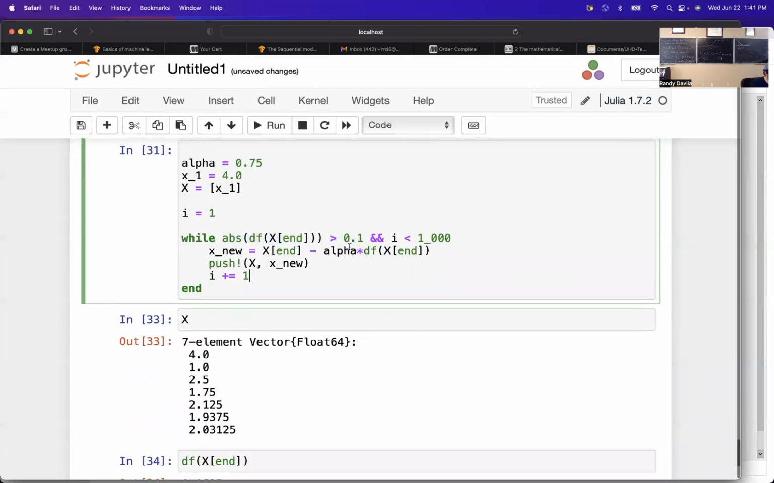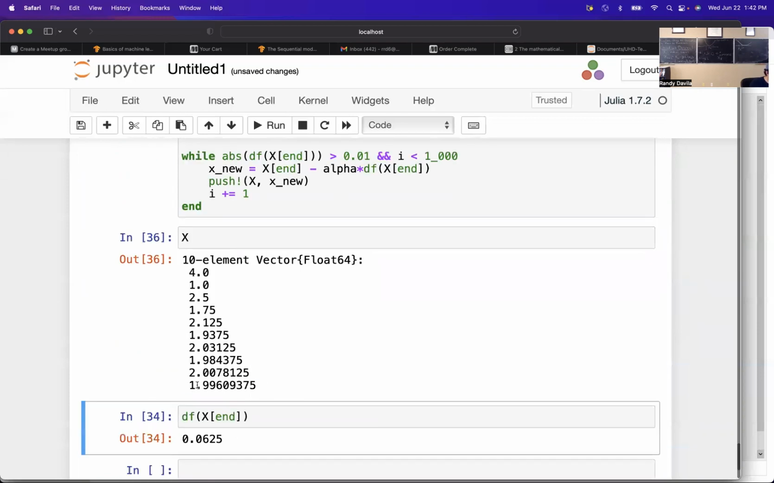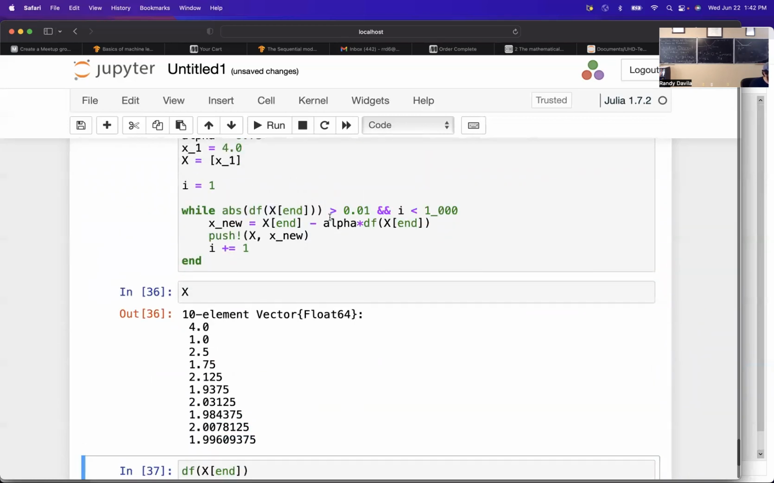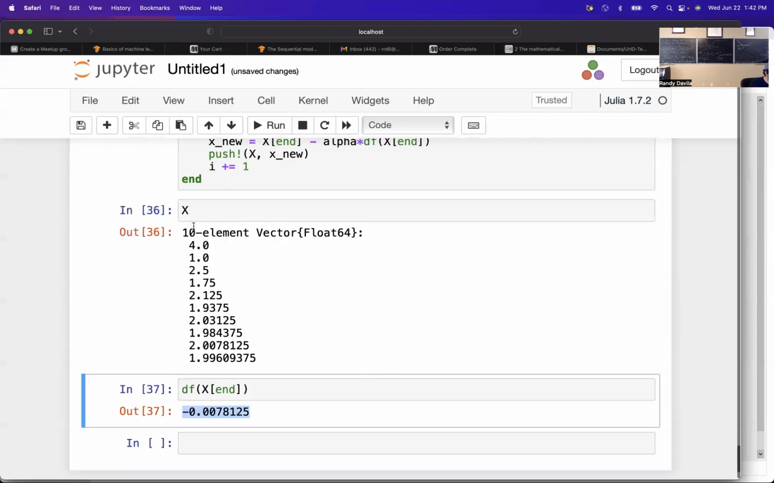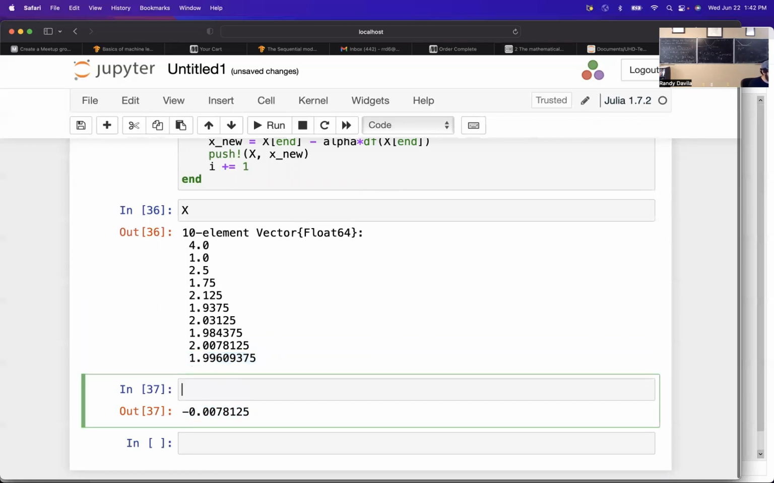I could make it better, right? I could make this a smaller number like 0.01, and then look at X. And then if I look at the end, it's a small value. And then I do absolute value because it could be negative. But now, that's a very small number. This was our last guess here, which is essentially 2. It's basically 2. In fact, we can plot that